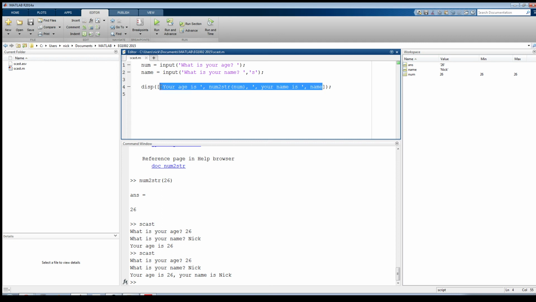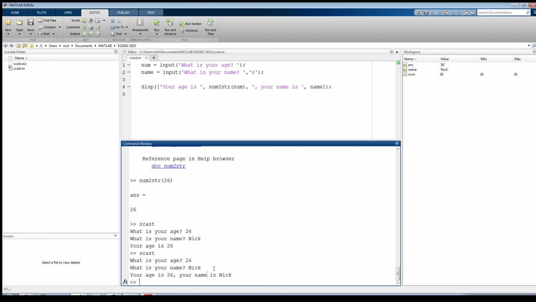Right. So now you need to remember that concatenation is something you actually have to do to put multiple strings together to make it look nicer. Right. Now, one thing that you have to be aware of is that when you're putting multiple strings together, you have to be careful. Now, they have to obey all the same rules for an array, and that means they must be rectangular. So you can't actually do